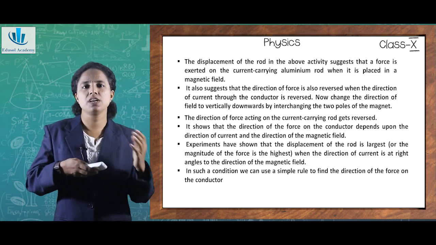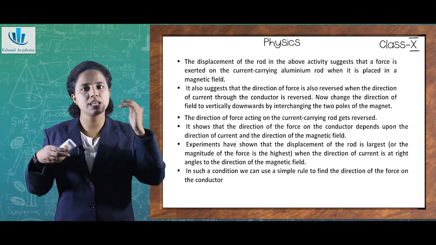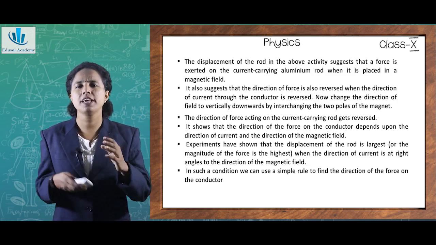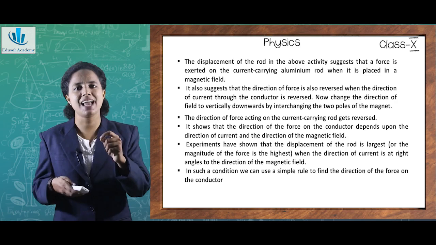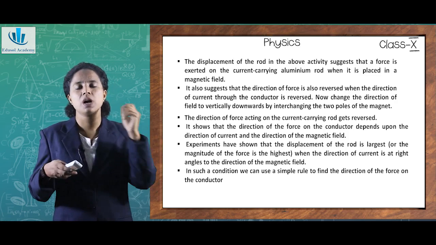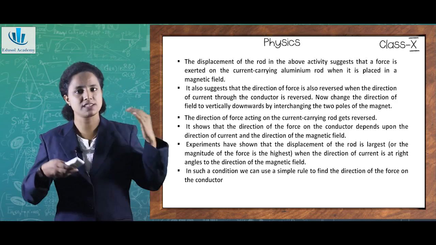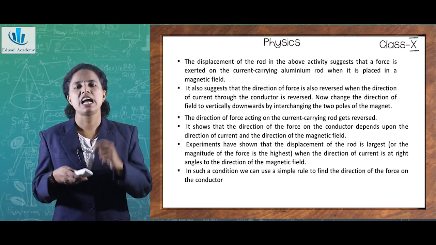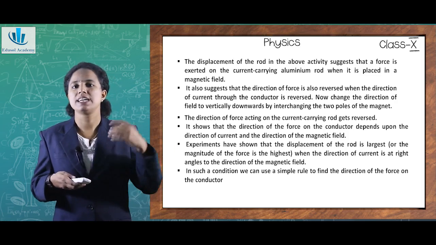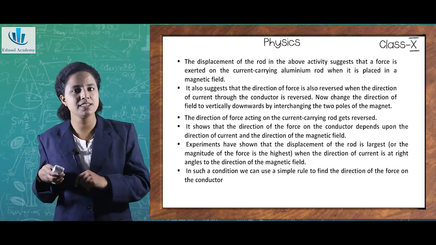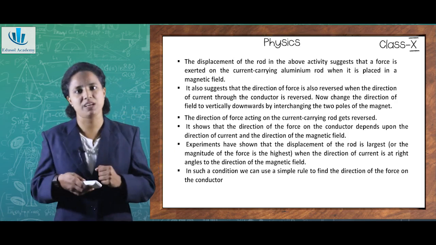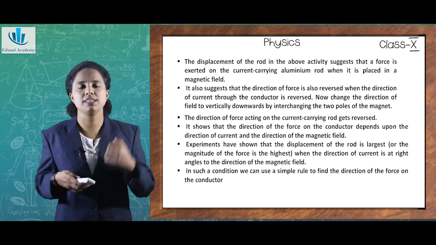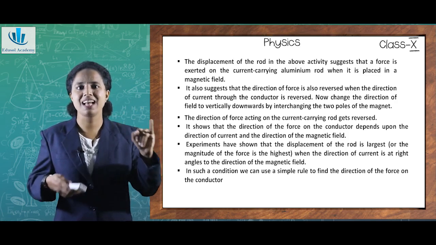Suppose you change the direction of the field to vertically downwards by interchanging the two poles of the magnet, what can you observe? You will see that the direction of force which acts on the current carrying rod also gets reversed. And what does it show? It shows that the direction of force on the conductor depends on the direction of current as well as the direction of the magnetic field. So the two things that mainly affect the direction of force are the direction of current as well as the direction